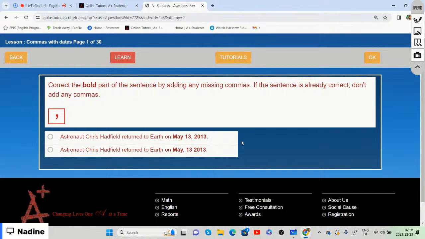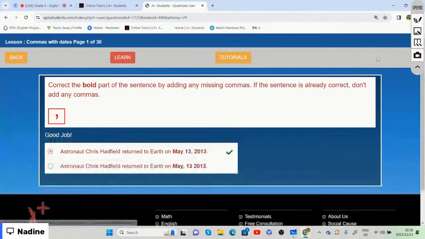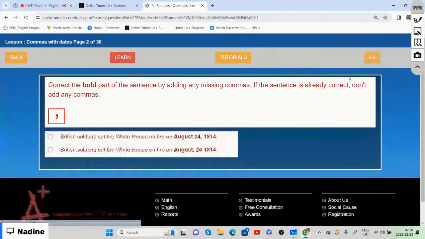And if we choose the correct one, we can say it's this first option. And the first one is correct. So well done, because we said it is first the month, then the day, followed by a comma, and then